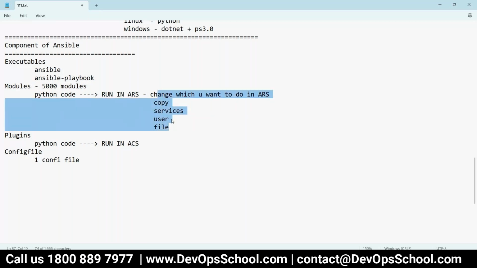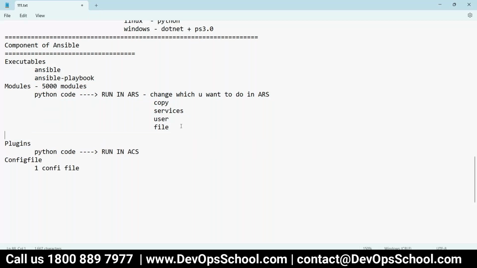Okay. And for using a module, it requires parameters. This is important actually. Then you'll say, okay, what parameter are you talking about? Understand guys, very simple. When you copy a file, don't you have to write src and destination? This is a parameter.